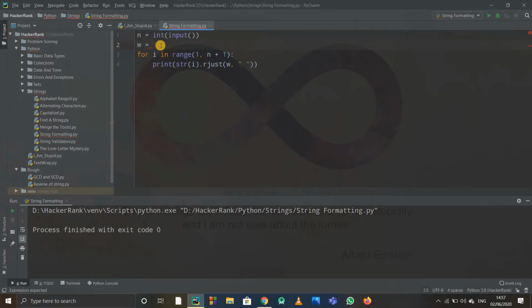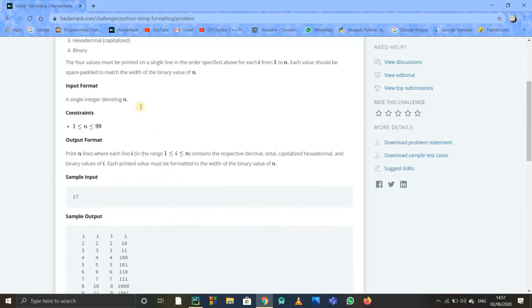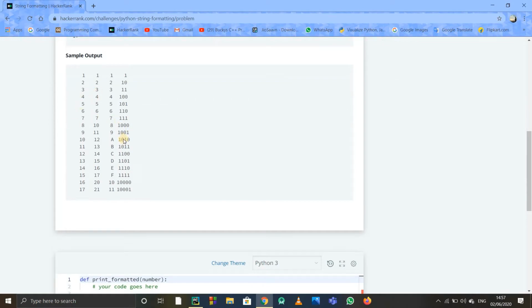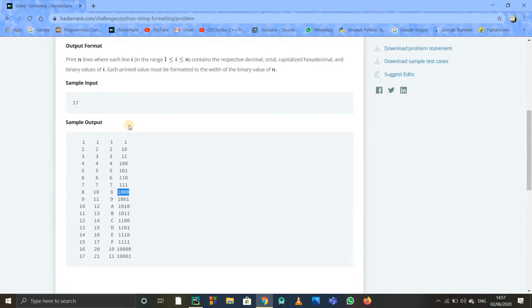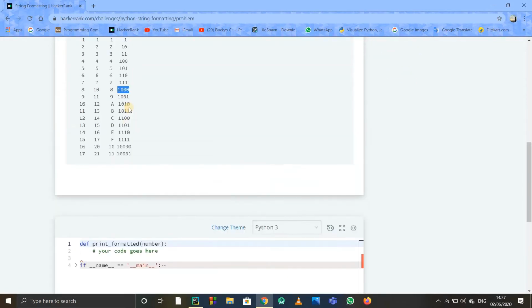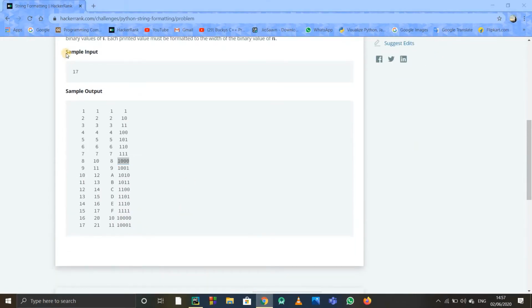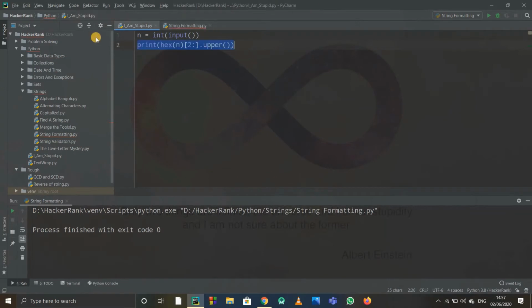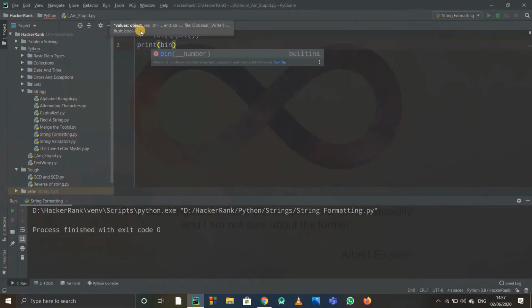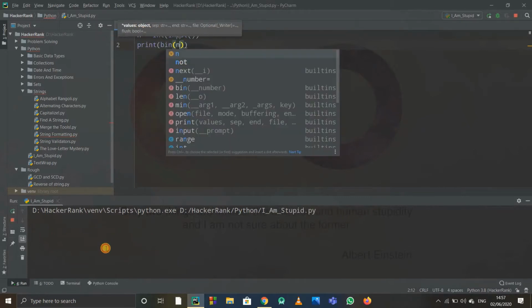Now see, the width should be the maximum length, right? So we'll see for which element the maximum length occurs. If we compare over here, obviously the maximum length will be for the binary elements. So we just have to use the length of binary, but we'll see first of all. Suppose I took n as my integer input, and suppose I print out the binary value of n. So what will it print?